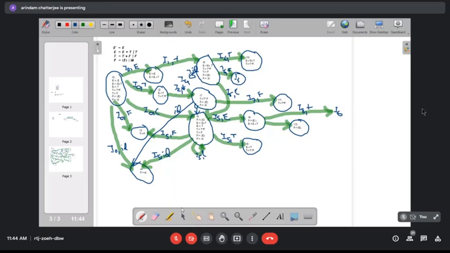So I9 comma star is nothing but I7. Okay, so the number of states are reducing. It's not expanding anymore. So I9 is done.